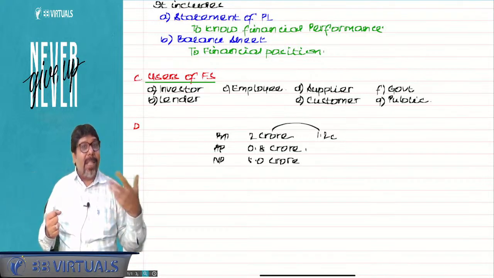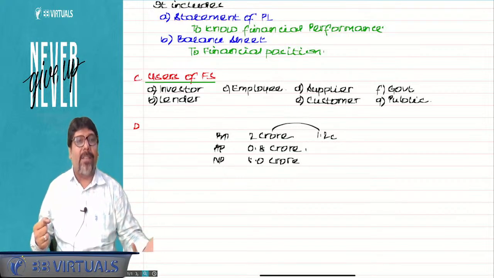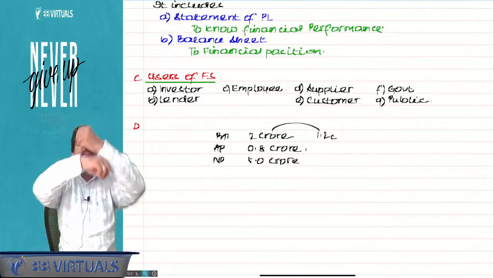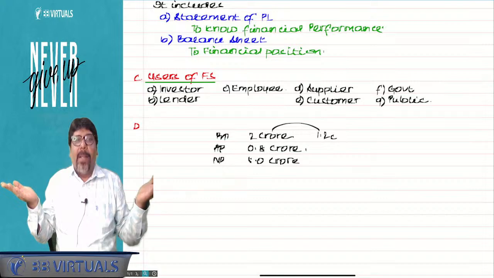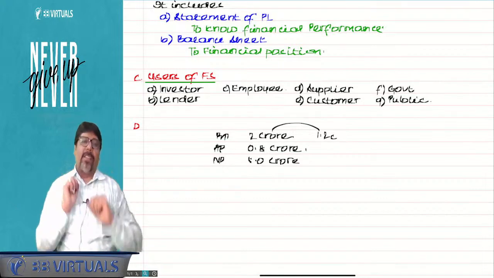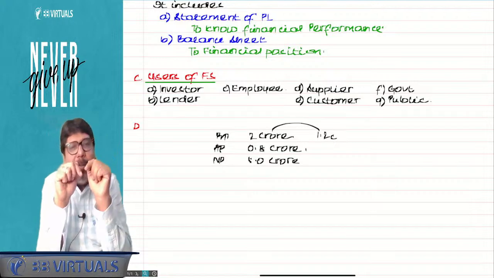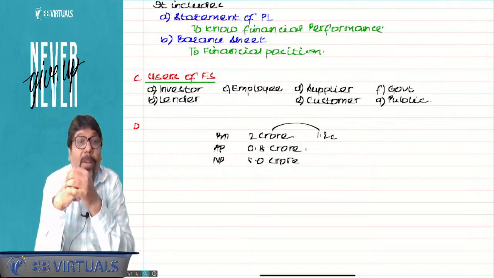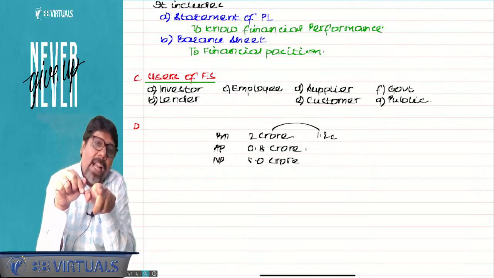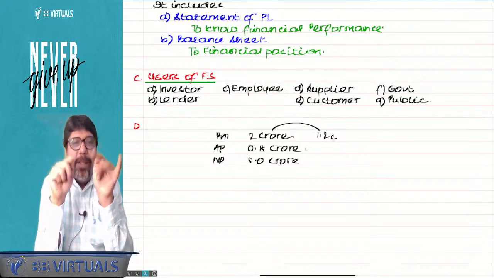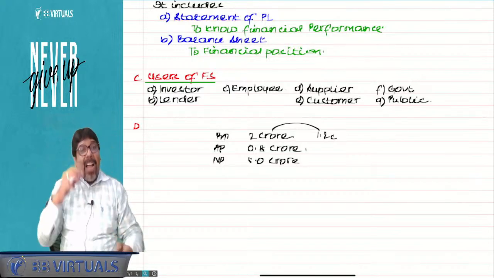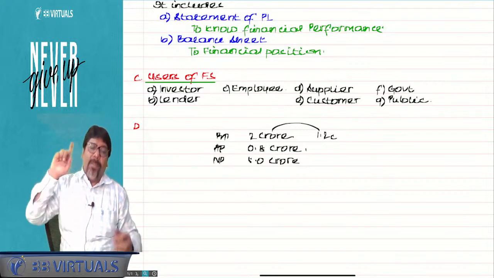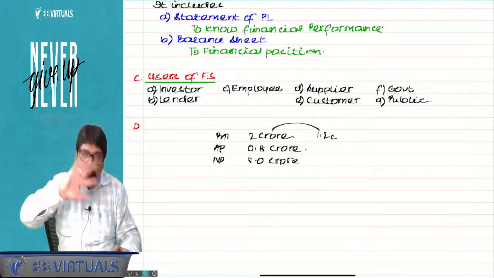Means in some cases there are too many alternatives, so comparability becomes difficult. In some cases there is lack of accounting treatment available, so comparability becomes difficult. I received a donation, you also received a donation. Correct? But I accounted for the donation in my sweet fashion, you accounted for it in your sweet fashion. Is comparability possible? No. I got land from the government, you also got land from the government. I accounted in a different fashion, you accounted in a different fashion. I got an employee to whom I am supposed to pay gratuity at the end of his working life.